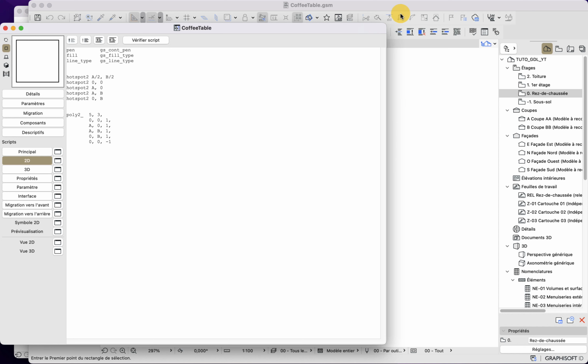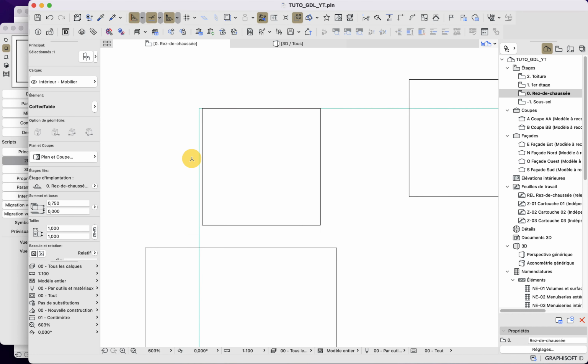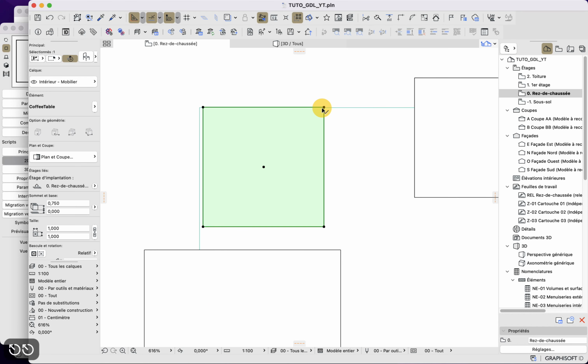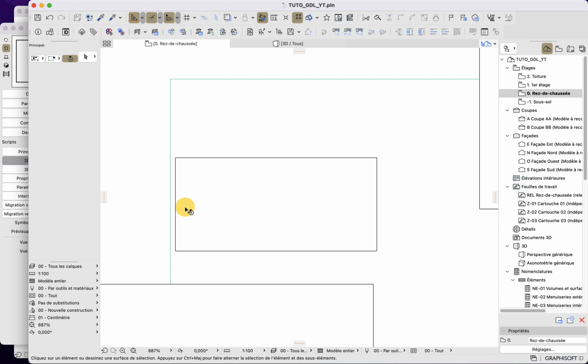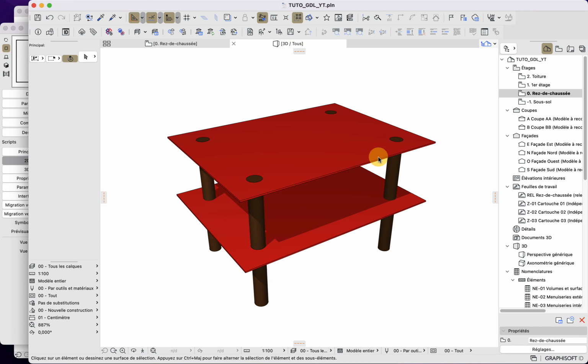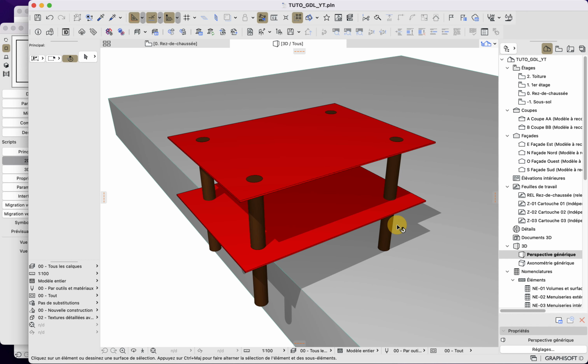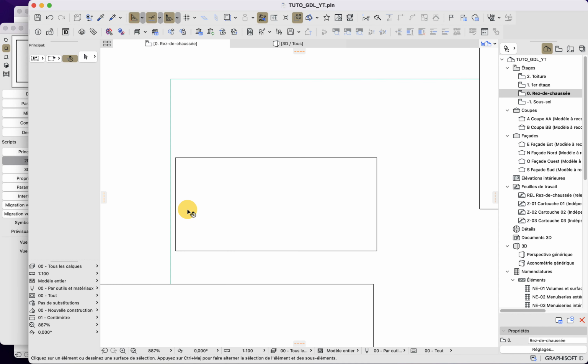So now that we have in 2D an object where the panel behaves according to what we wish, we need to finish it. And to finish it, we will simply need to add the legs, because here we can see that the legs cut through the panel. So in order to do this, we can do it in different ways.